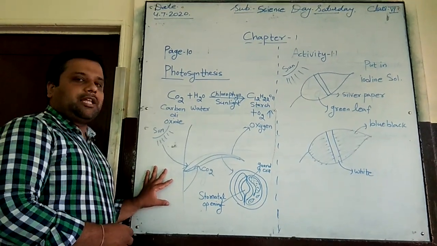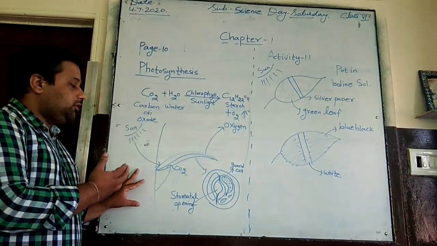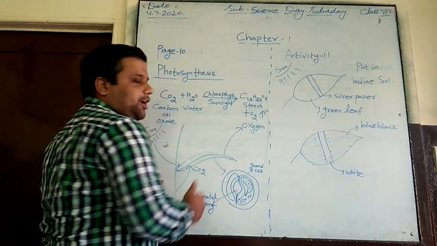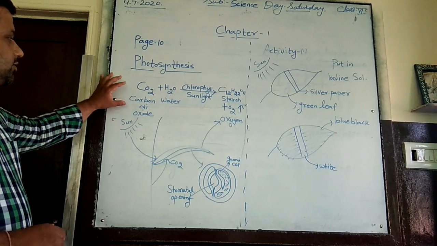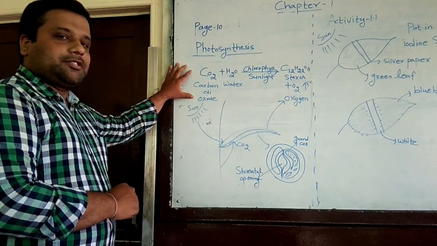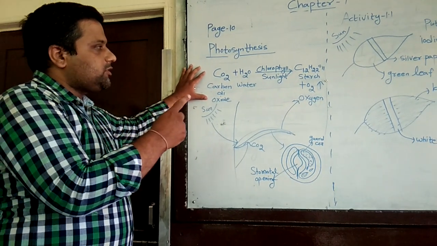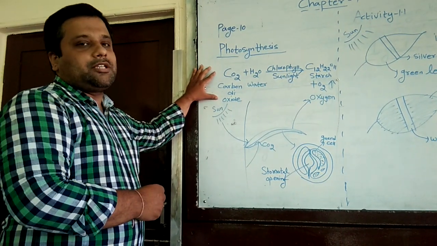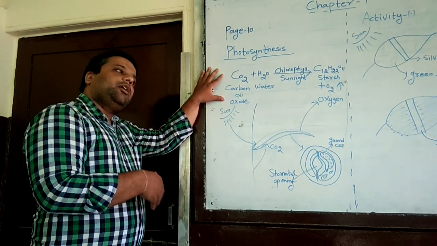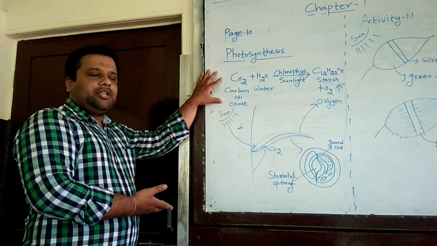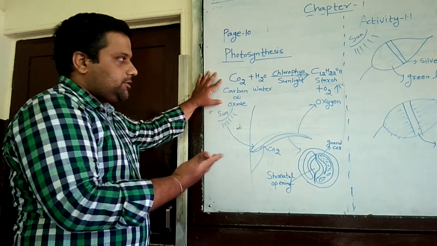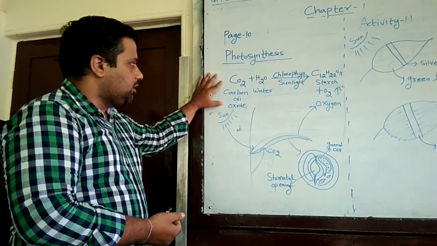Now here you can see the diagram which shows how CO2 is taken in by plants and they release oxygen into the atmosphere. You can also see the kind of reactions that are completed by this process, and the molecules required to complete this process, known as photosynthesis. I discussed the definition earlier, but I will tell you again. Photosynthesis is the process by which a green plant prepares its food in the presence of sunlight. That process is known as photosynthesis.